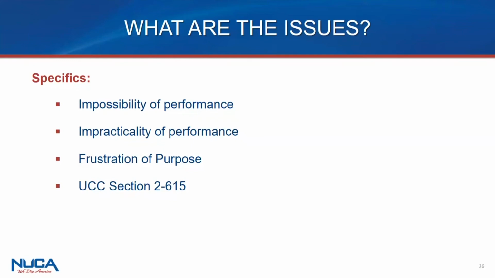It's got to be something unforeseen, unknown, that really drives an impossibility of performance or is financially impractical for you to perform, where it could almost be ruinous to your company. One of the things that courts will consider in the federal realm and in certain states is the size of your business. By the way, if you're a small business or you're an MBE or WBE, these are factors to be considered. So you've got to paint the narrative that most protects the company.